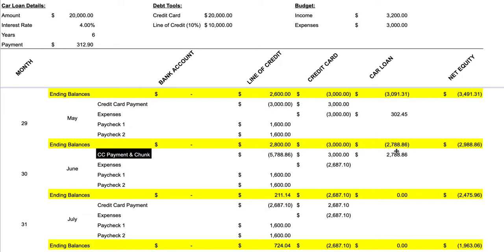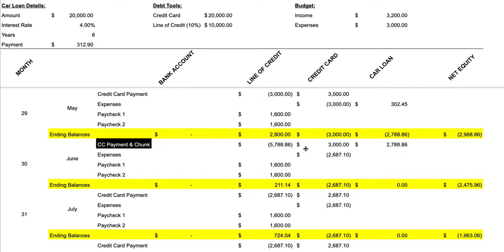So after that, now if you look down here, the car loan is $0. You paid that back. It's done. So after the 29th month, you don't have the car loan anymore. It's done with. Now you just have to pay back the line of credit. And so now keep in mind down here, your expenses are reduced. Why? Because you don't have to pay back that